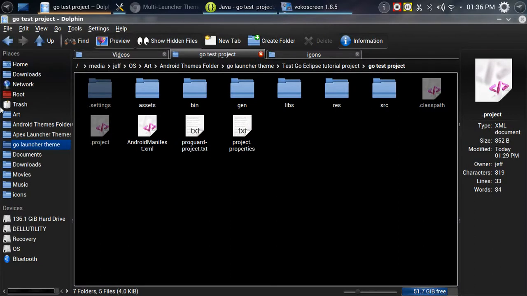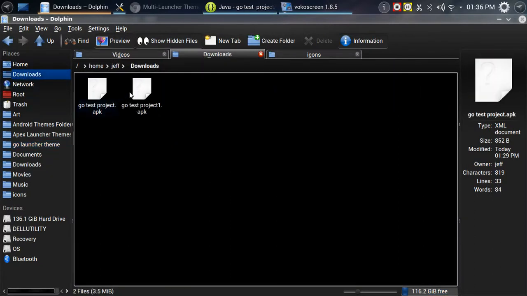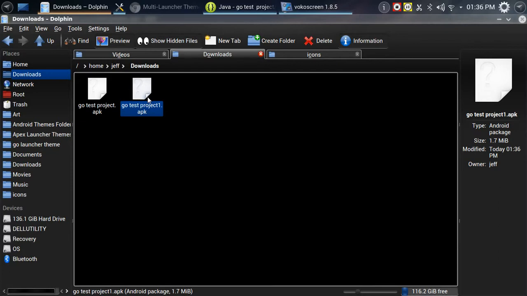This only takes a couple of seconds to finish up. What it's doing is compiling, zip aligning, and signing this package, and it is done. We will go to downloads, and here it is, right here. And this is ready to install on your phone, or ready to upload to the Google Play Store, so you can either sell it or put it on there for free, whatever you're going to do with it. But anyways,